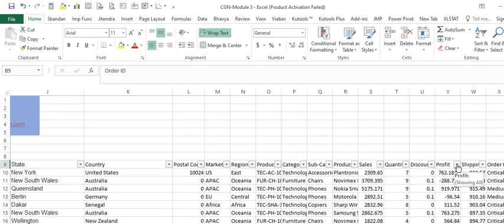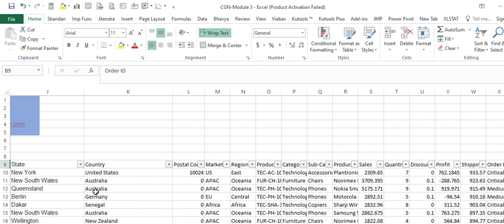So if I remove the filter, then I can go to the next step.